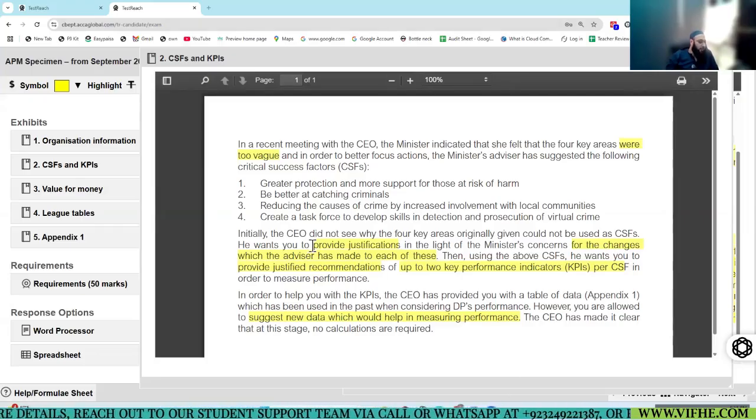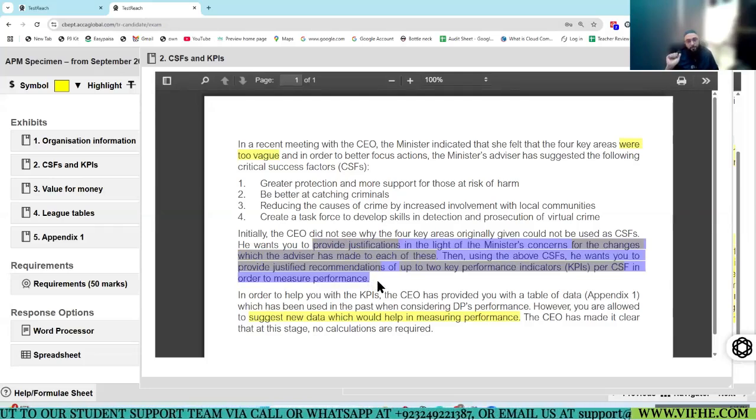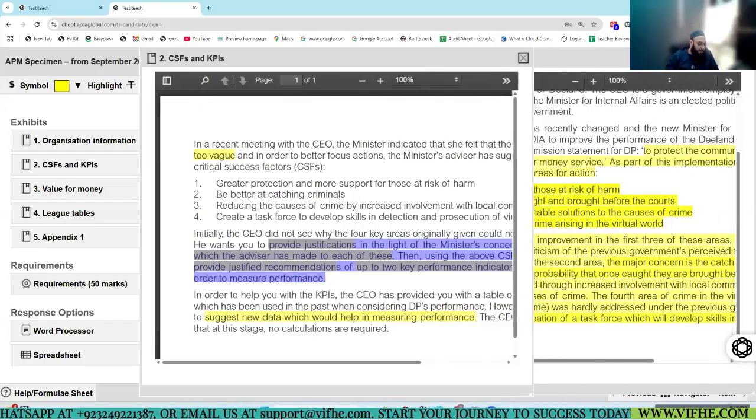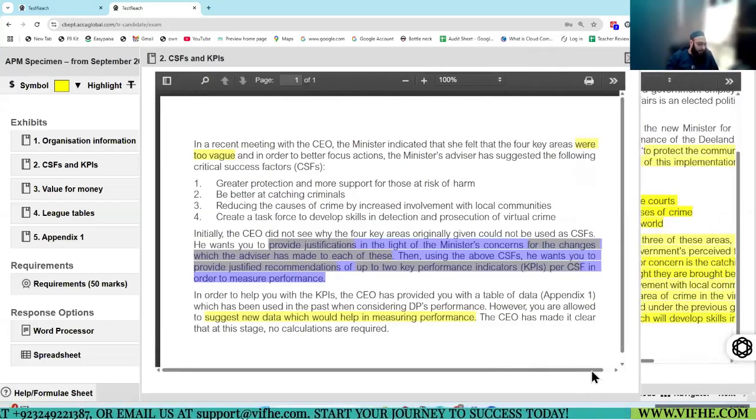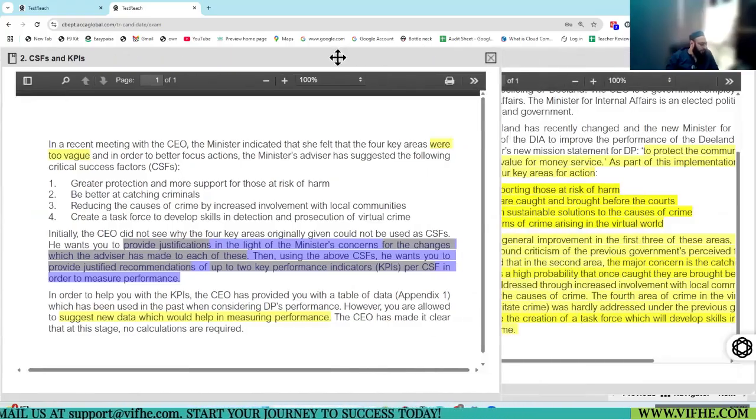So now, two things to be done. First, a justified recommendation in relation to, let's make this easier for the comparison.